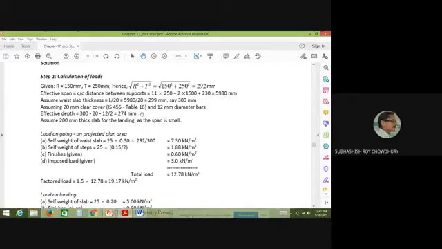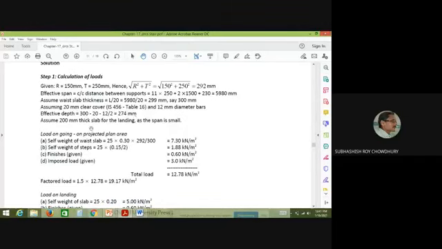This is for the slab. But if it is a beam, though not relevant with this, I am telling still, because you must have the idea. In case of a beam, there will be stirrups. So you have to subtract the clear cover, then the stirrup diameter, then half of the diameter of the main reinforcement that you are considering. So the effective depth we have provided is 274.